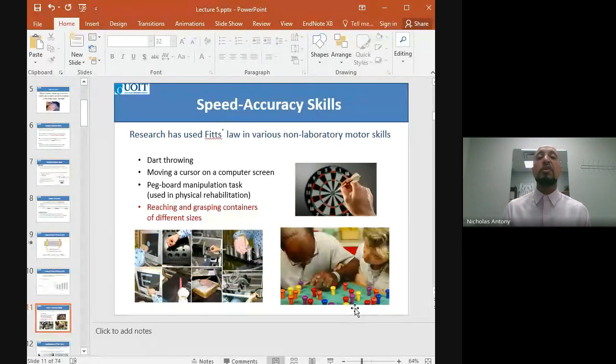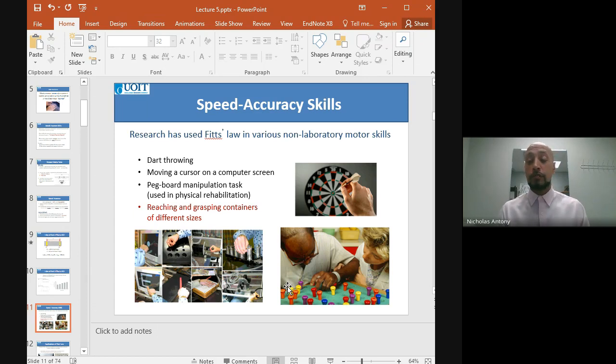And so things that have been looked at were like dart throwing, moving a cursor. So this is a rehab setting. So what about bigger targets that are further apart versus smaller targets that are closer together? It would be nice to know what's difficult versus what would be easier, because that will allow for a better progression when